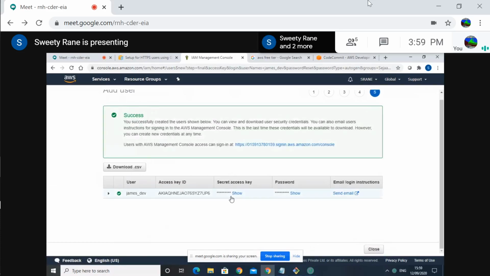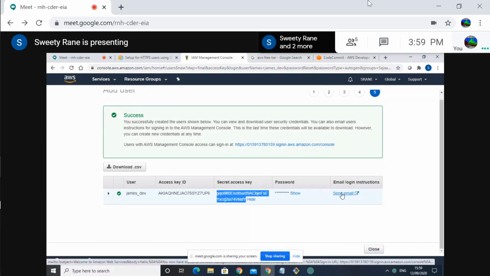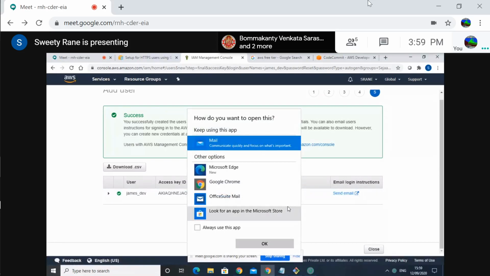Okay, so you just store it somewhere. You can click on send email. I think the send email is there now. Yeah, click on that. Maybe right click and open in a new window. Oh, it's trying to open Google Chrome.